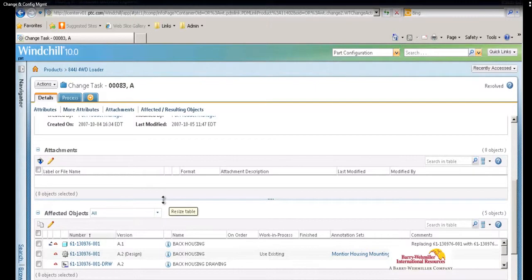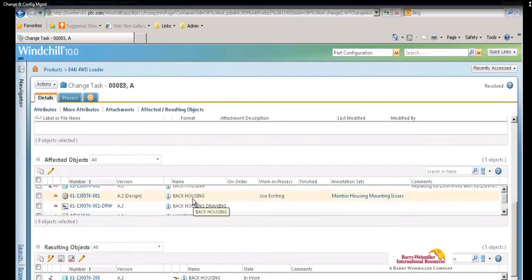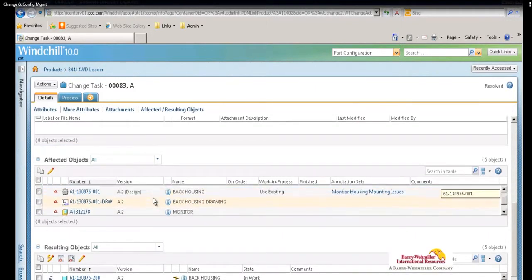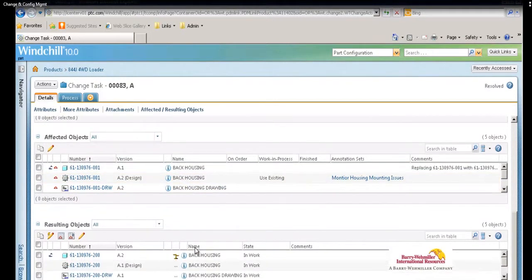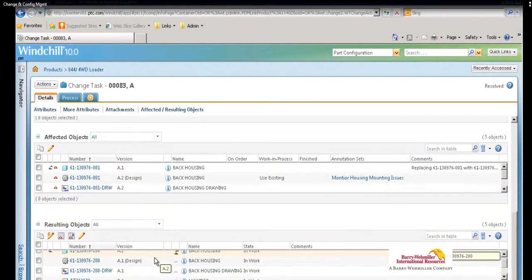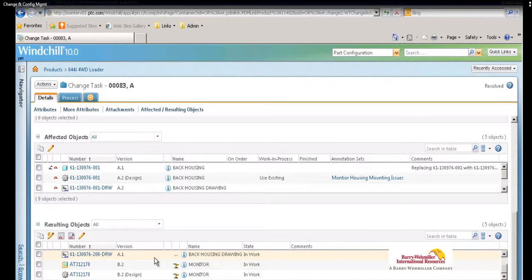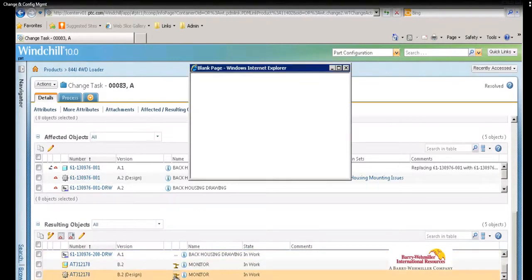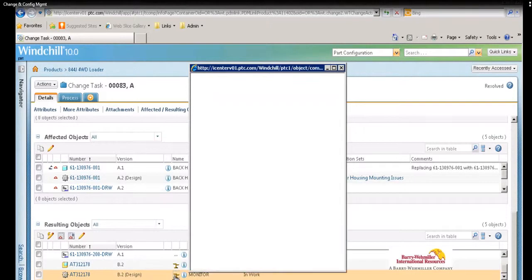So the affected objects is the back housing, the drawing of it, and also the monitor assembly. The back housing drawing and the back housing models are being added as affected, and the resulting objects. Now, if you could clearly see here, the version has changed from A2 to B2, and we're now quickly going